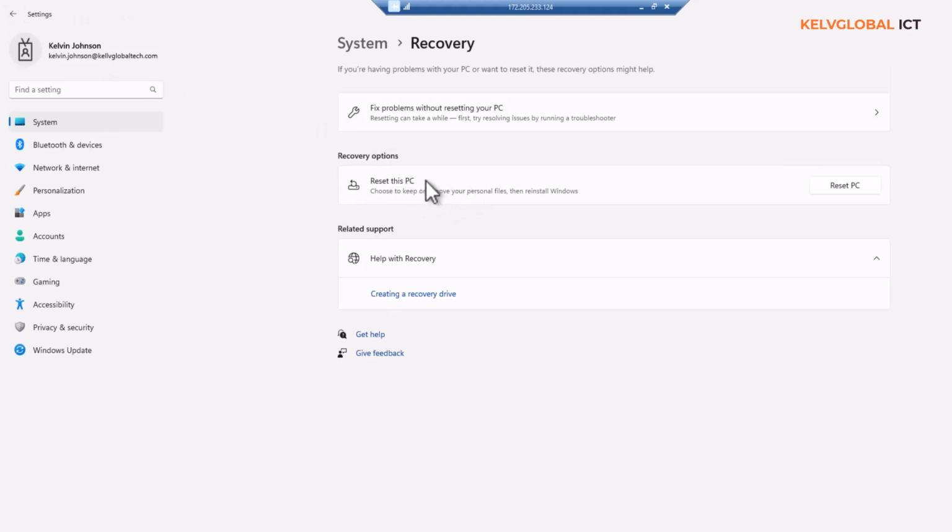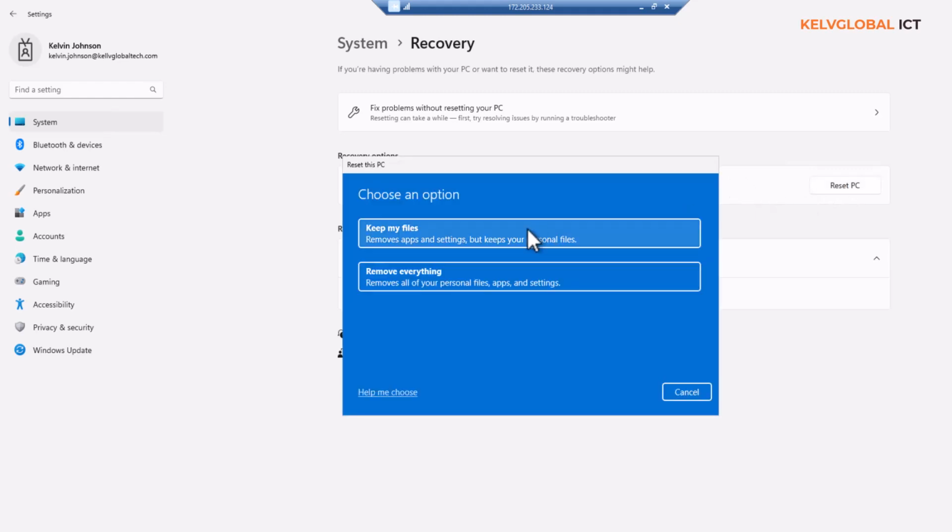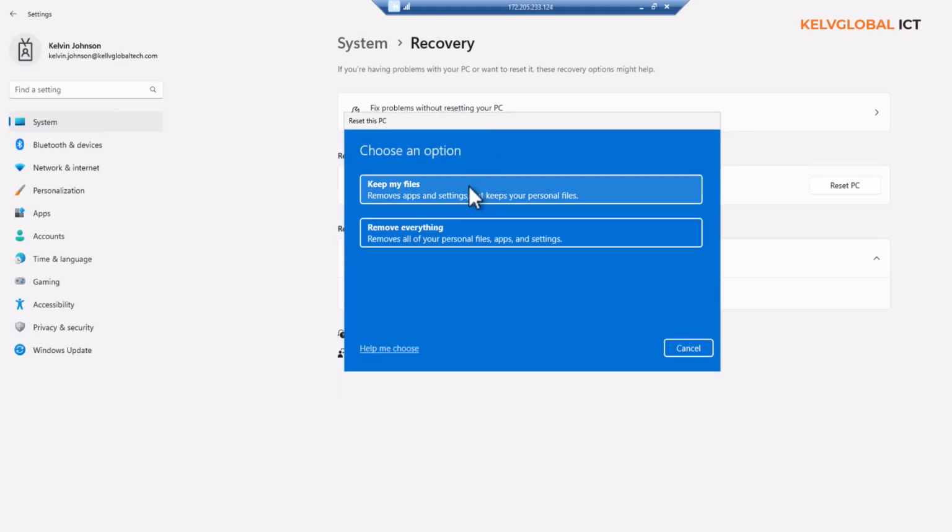If you work for a company, definitely the company has a policy on how to reinstall a client operating system. Maybe this reset button may actually be grayed out. You may not be able to use this reset button here. But if you want to reset a device, probably for a friend or as an IT person, you need to know this. You just go to reset,